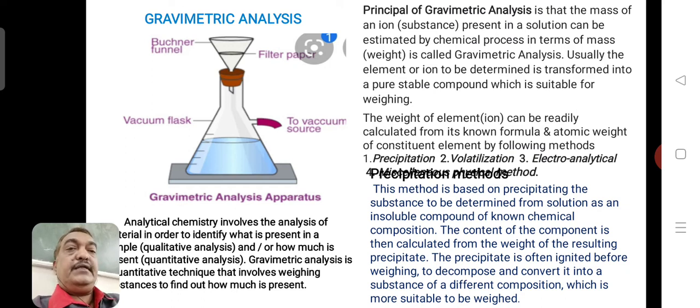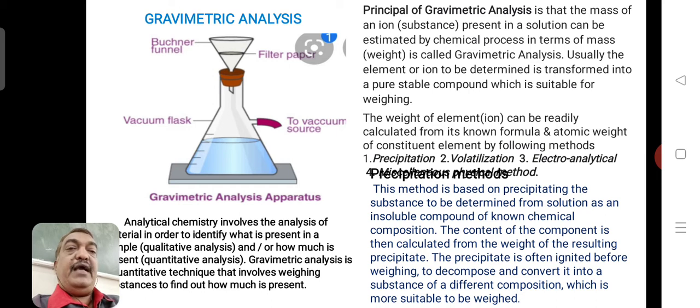The principle of gravimetric analysis is very simple. Let us take a solution of a substance. For example, you have taken barium chloride and dissolved it in water in a test tube. Then to this clear solution of barium chloride, if you add sulfuric acid, what happens? There is a formation of barium sulfate crystals. The crystallization of barium sulfate occurs, a precipitate forms, and finally it is collected at the bottom.